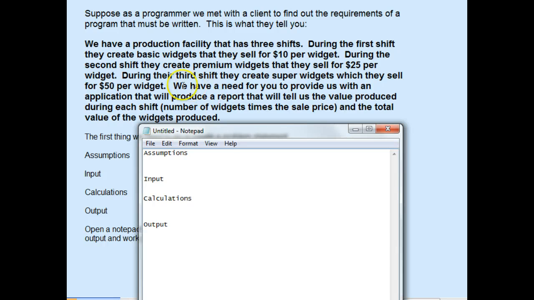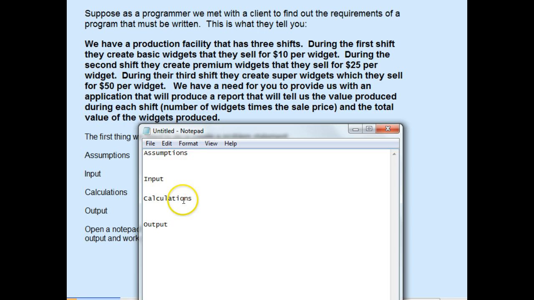All right, we have this problem right here that is similar to the widget problem earlier, except this time each shift produces a different type of widget, and each of those widgets sells for a different price. So $10 first shift, $25 second shift, $50 third shift, and they want to know what the value of the widgets is that they produce in each of the shifts, and then what the total of those